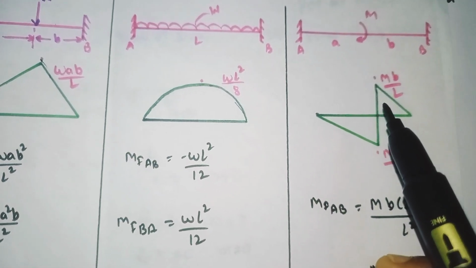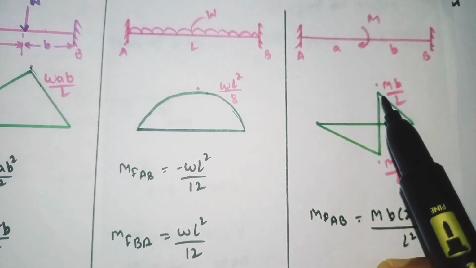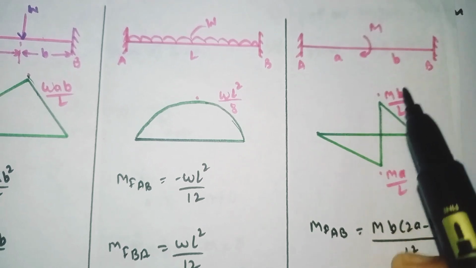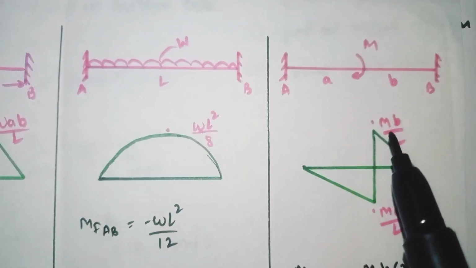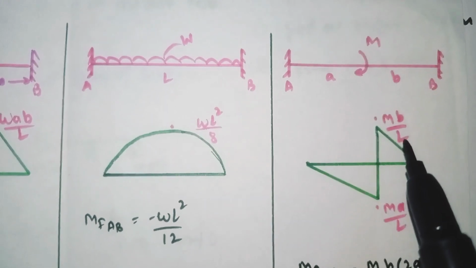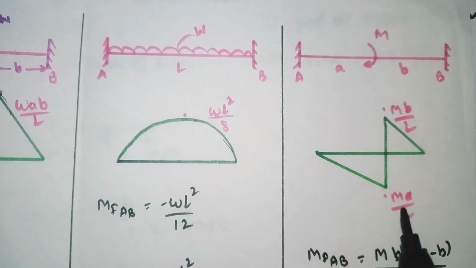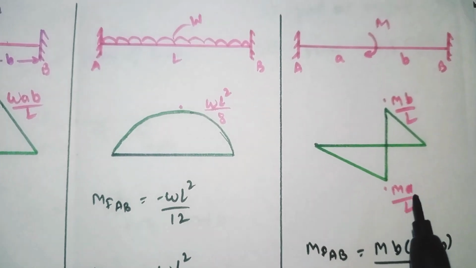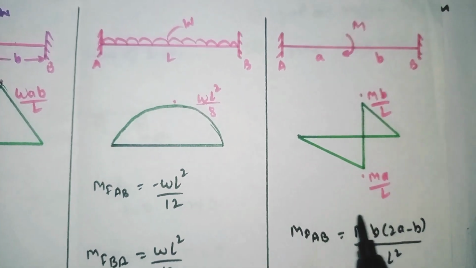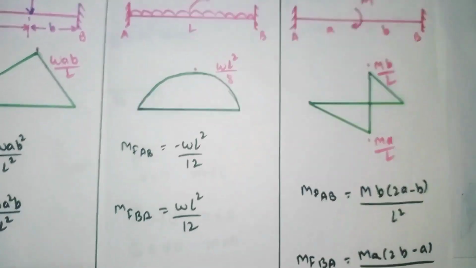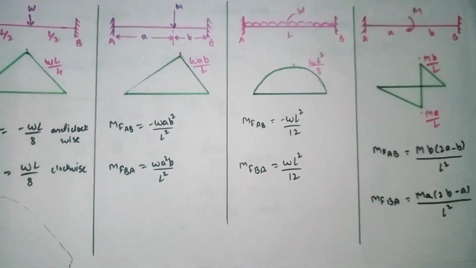And here the maximum height we have to calculate by using this portion. We need to calculate it by using the formula MB divided by L. And to find out this portion of maximum height, we have the formula MA divided by L. So these are the formulas for finding out the fixed end moments for